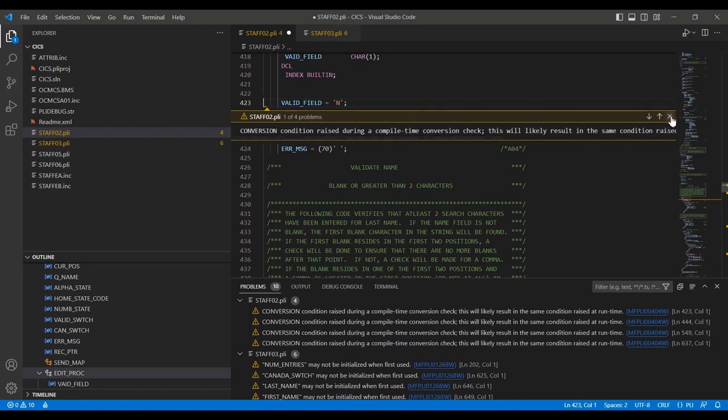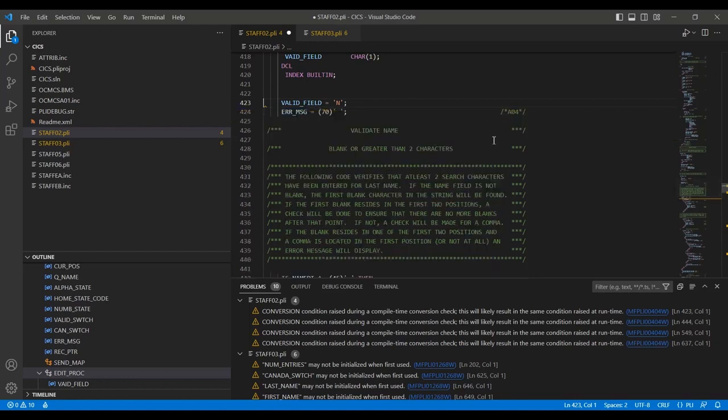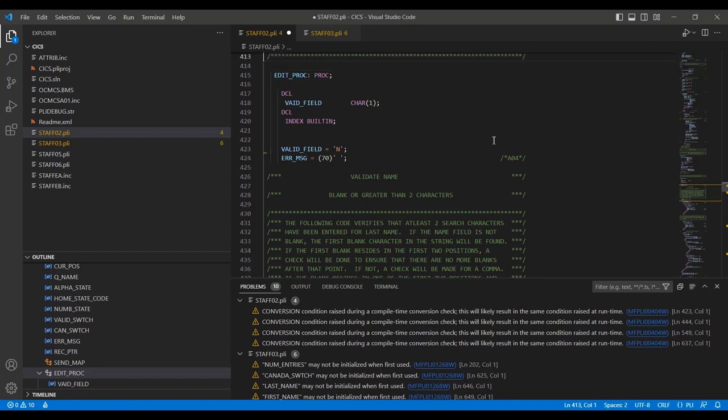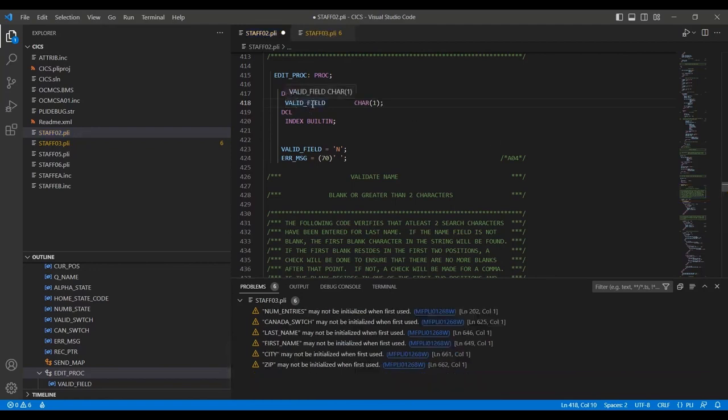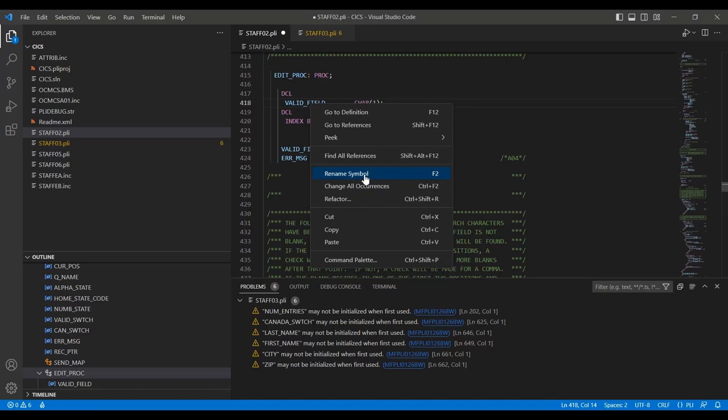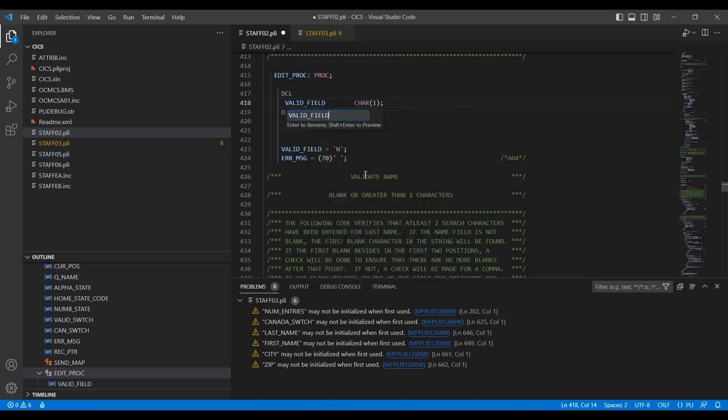If I close that and go back to the item definition and correct it, I can also do things like rename. So if I do rename symbol to something else, if I just pressed enter here, that would just rename all the references to valid field within that source file to valid field 2. But if I press shift enter,